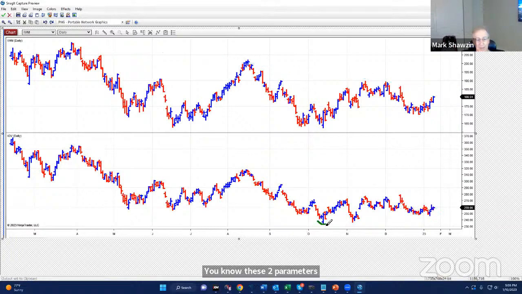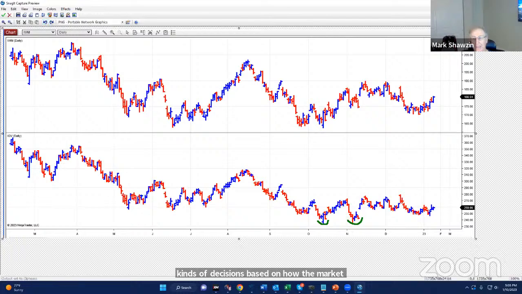Now, the IGV has also got this very subtle bottom in here. And then you've got this kind of reverse triangle, which in and of itself is just a pattern. And once I identify the pattern, then I see how the market behaves within that pattern. Does it bang the upside here and come back to the low side? Does it start breaking out? And then I start making all kinds of decisions based on how the market